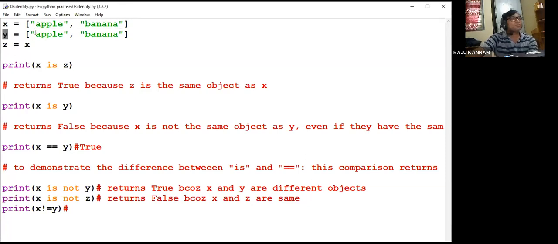Of course, you may be confused that apple is there, so I will keep orange. Now what happens? Apple and banana, one object is created. That object name is x. Orange and banana, one more object is created. That object name is y.